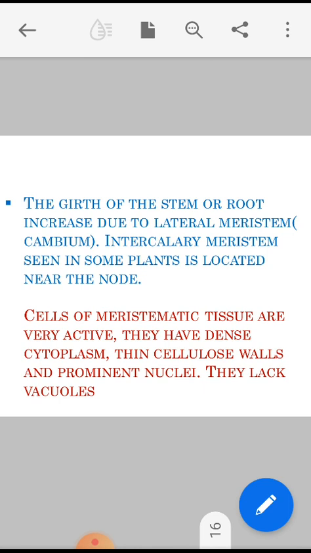Perform the activity, fill the observation table and please send it to me so that I come to know that you have performed the experiment yourself. And please post your video of the activity in the group so that you can share it with others so that they can also learn.